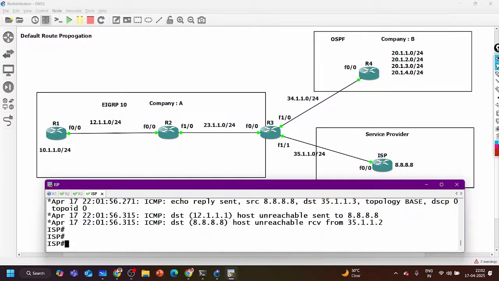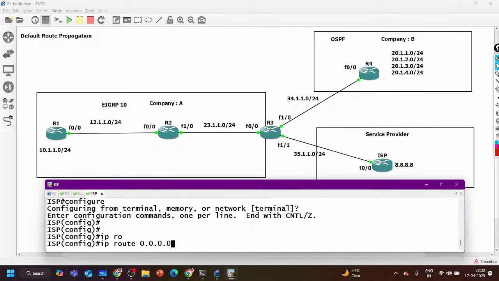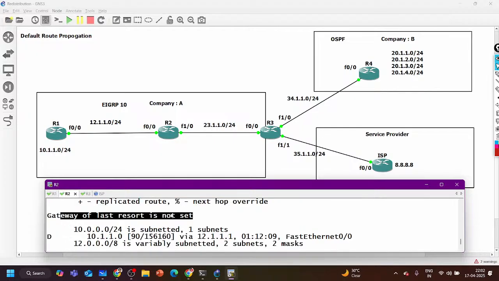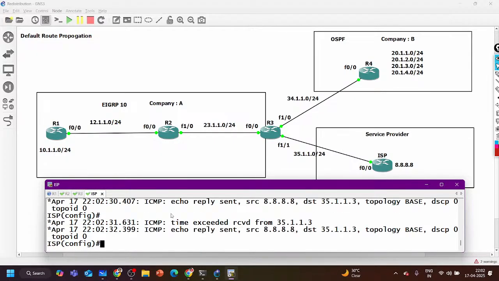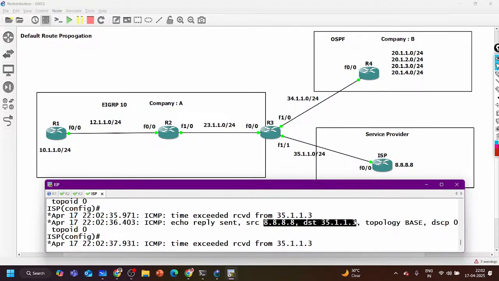If NAT is not working, I can configure one default route here on the ISP router, IP route 0.0.0.0 0.0.0.0 F0/0 35.1.1.3, right? And now ping. Now it is performing the translation. There is some misconfiguration in NAT, I think.